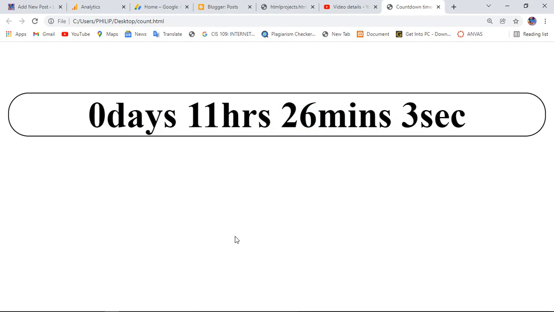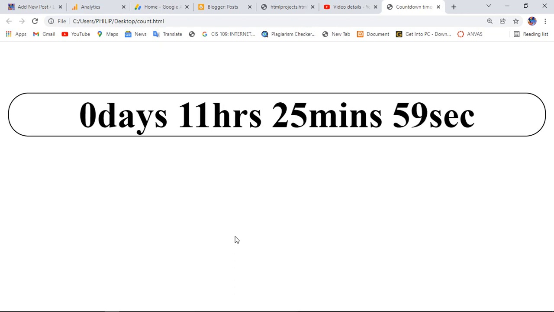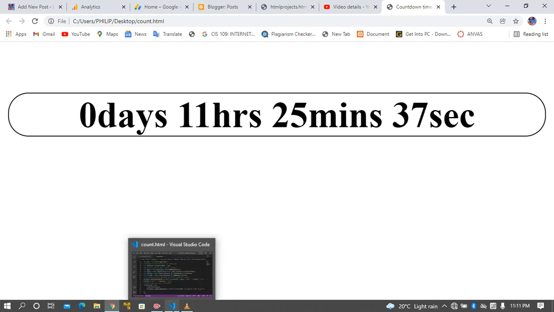So a countdown timer is mostly used in websites. Maybe you're setting an offer for an item, and you can set the date when the offer will expire. Also in an event website, you can set the date for the event, and the timer is used to show those who visit the website the date when